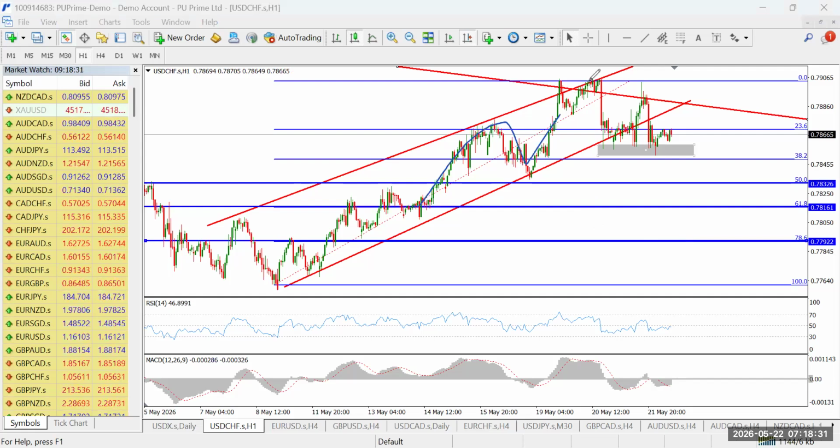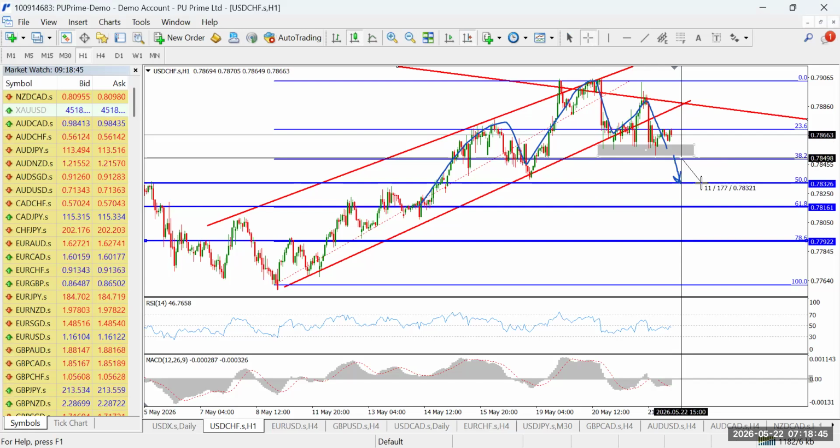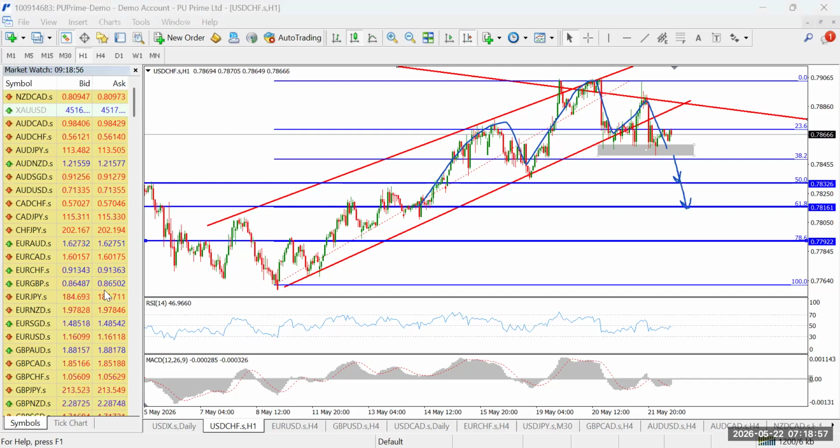So again, we have a shoulder, our head, a second shoulder breakout, and price may go straight to 850, and that could give as much as about 17 pips. That's if the entry is Fibonacci 38.2, that can give as much as 17 pips. But if the volatility is strong today, it may proceed to Fibonacci 61.8, and that will mean a drop to the tune of about 33 pips, and Fibonacci 78.6 as much as 70.